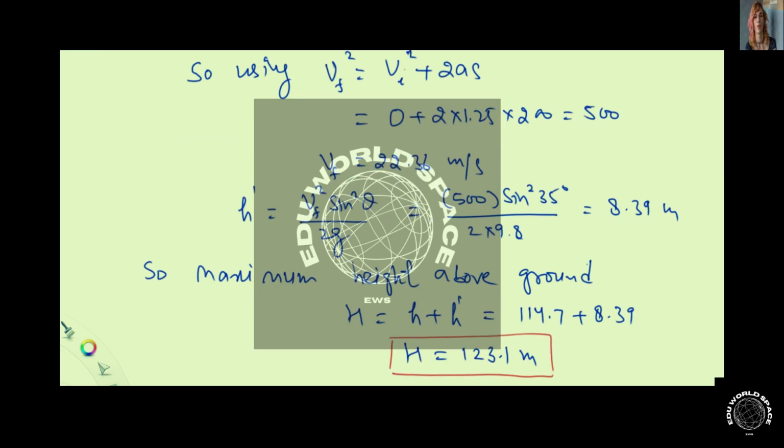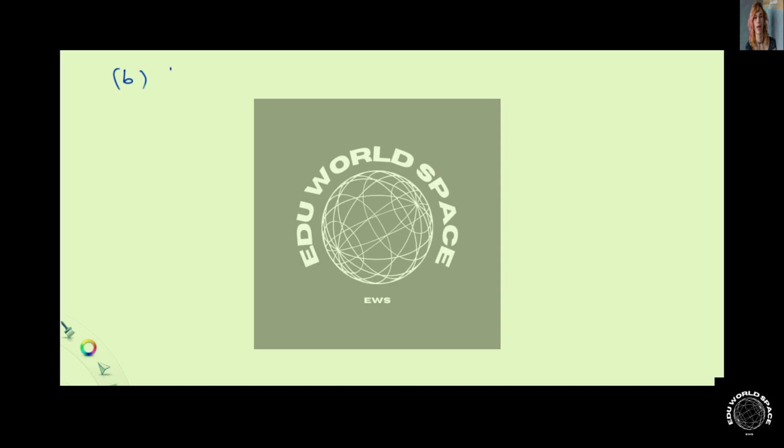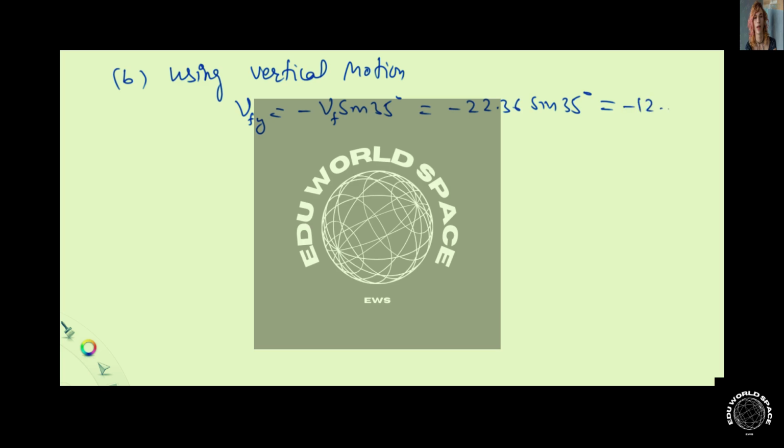So for the second part of the motion, using vertical motion of this projectile, Vfy, that is negative Vf sine 35 degree, means this is minus 22.36 sine 35 degree, calculated to be equal to minus 12.8 meter per second. Vertical displacement to be covered by it is